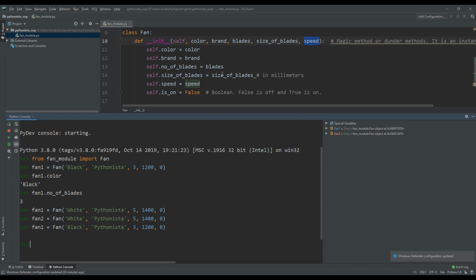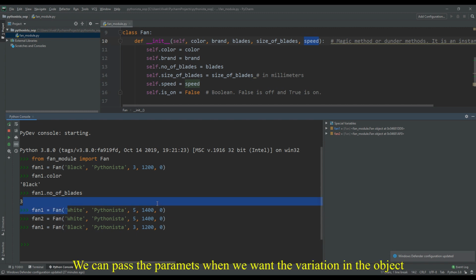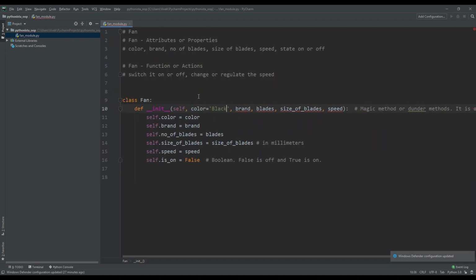Now let's go one more step. Wouldn't it be better if I don't have to pass all this? Let's give some default values for these arguments, and whenever we want a variation, for example default value could be black and 3 blades, but we don't have to tell that when we want a default object. We can mention it only when we want a variation in the object. So here I'll give a default value as black, brand as, let's say, Pythonista, blades as 3, size of blades is 1200,